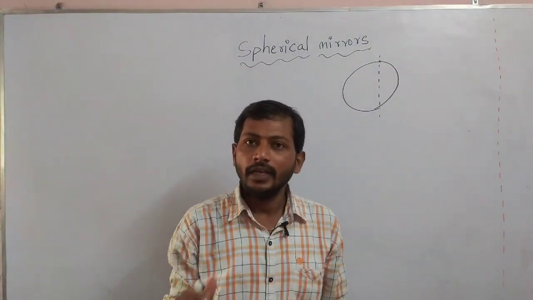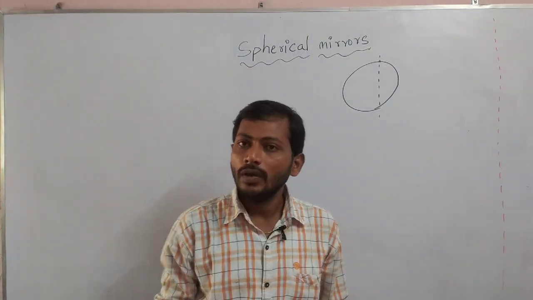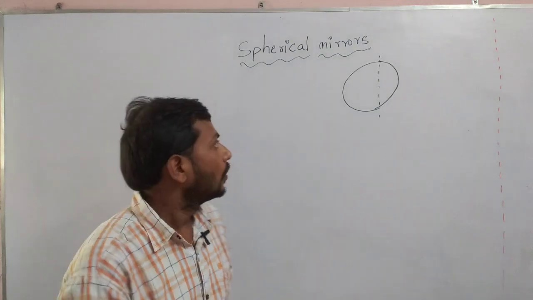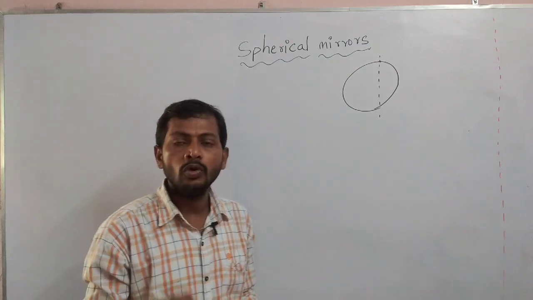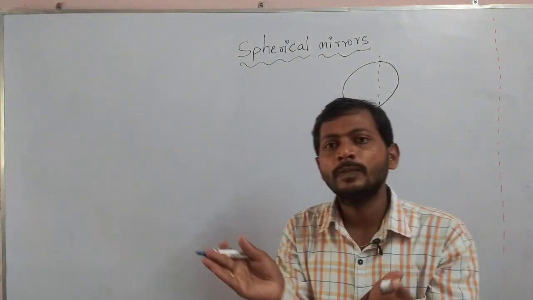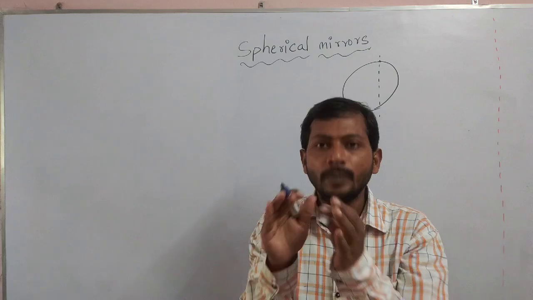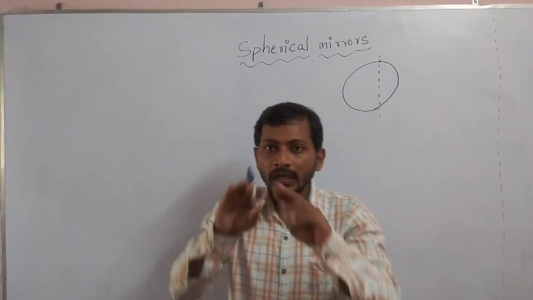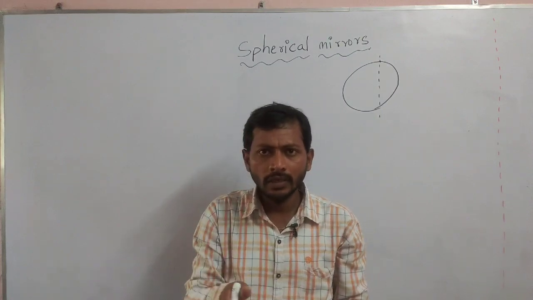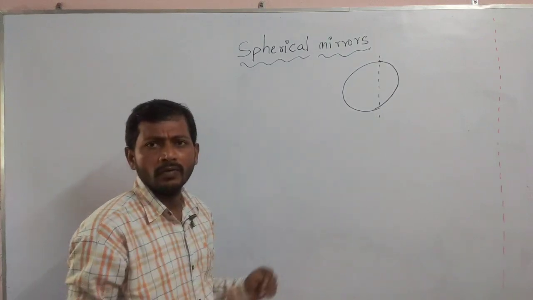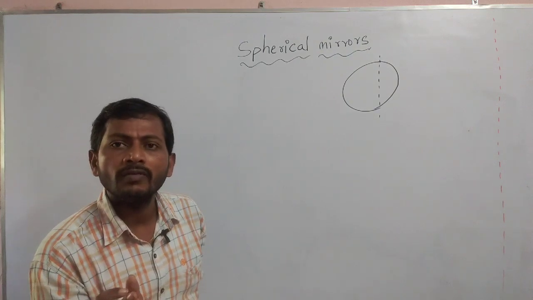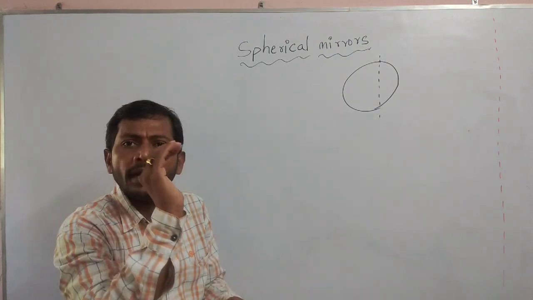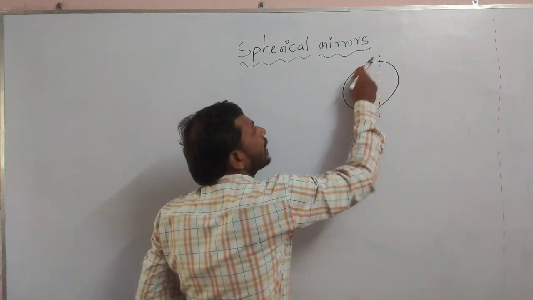Hi, in the previous class we discussed how we are going to make the spherical surface. I told you we are going to take the spherical globe, a sphere made of glass, of whatever size you require. For example, if you require much more curvature, meaning you need more bending, then I take a very small sphere.